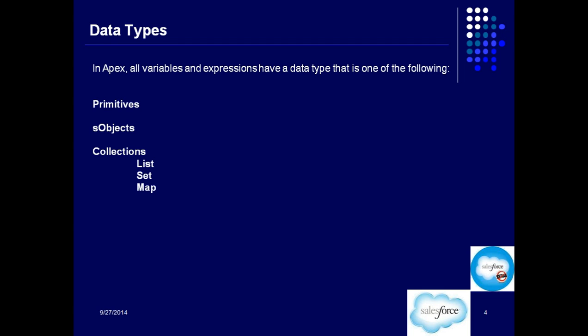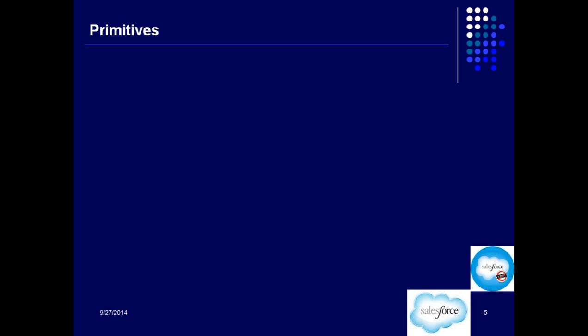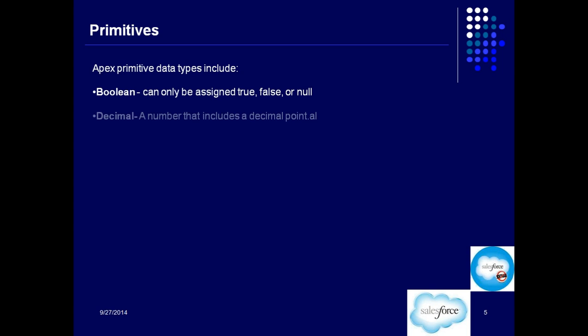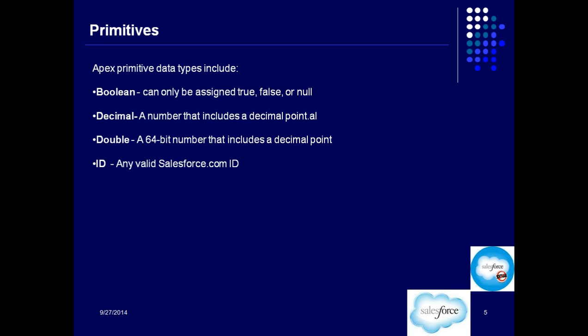So now let us understand each one of them. Primitives. Apex primitive data types include, so primitives are the general data types which are used in other programming languages as well. Right, so your Apex primitive data types include Boolean, which can store only a true or false, decimal, a number that includes a decimal point, double, a 64-bit number that includes a decimal point, ID, any valid